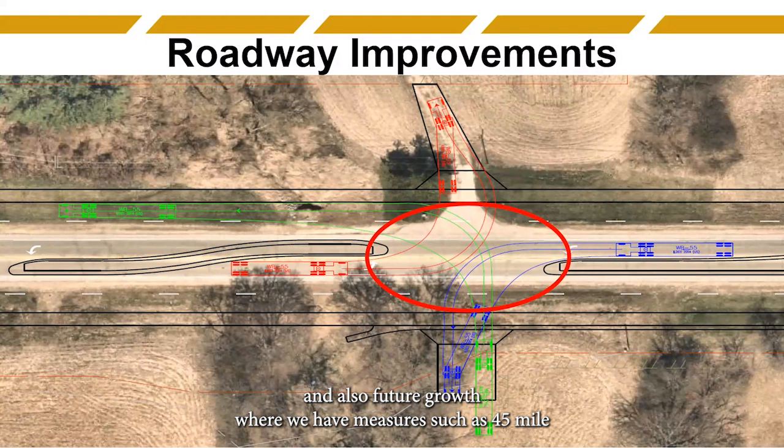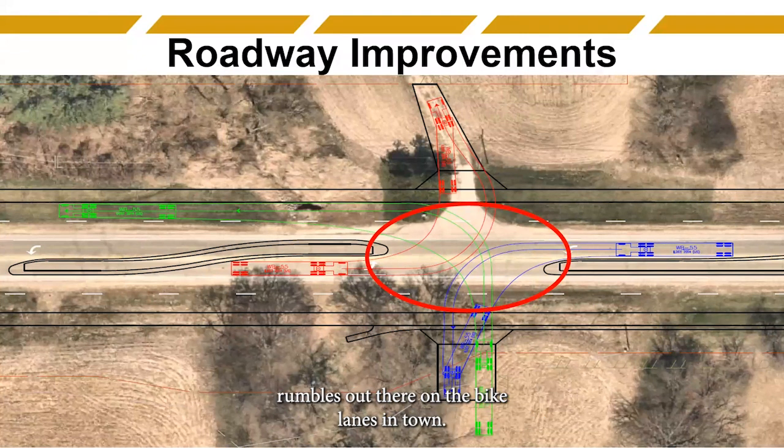We have measures such as 45-mile-an-hour speed limits through the rural area, adding the turn lanes at the intersections, adding those individual turn lanes in the median for these individual residences and field entrances. And then on the shoulder section, we'll have shoulder rumbles out there. On the bike lanes in town, there'll also be rumbles in between the bike lane and the driving lane. And then we are adding signals at